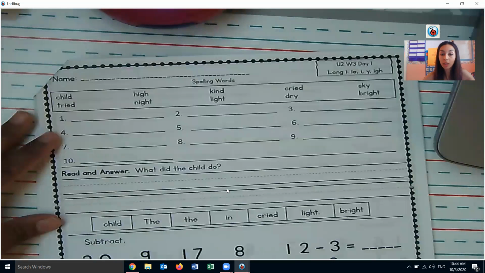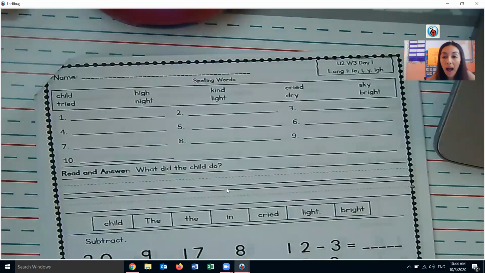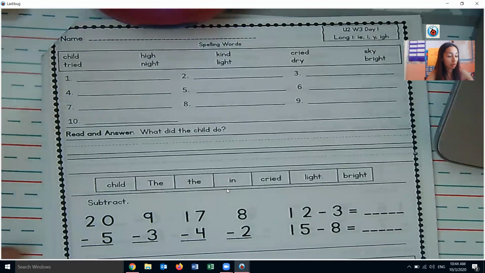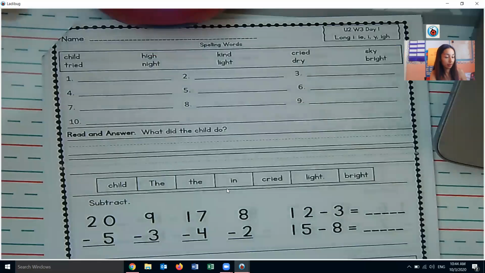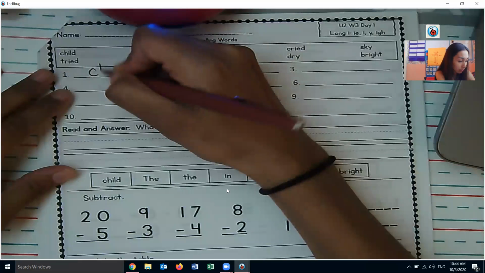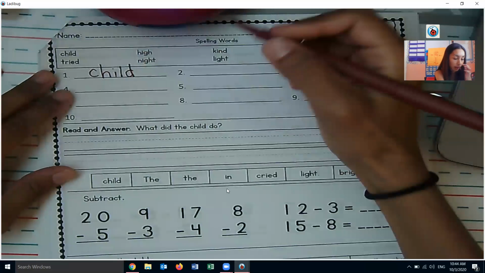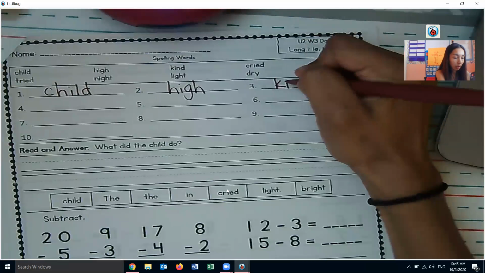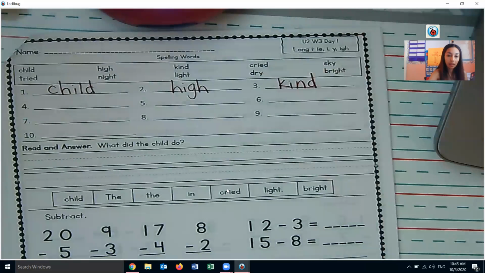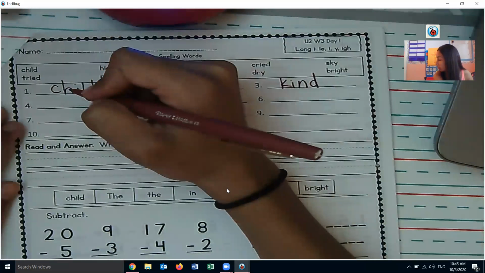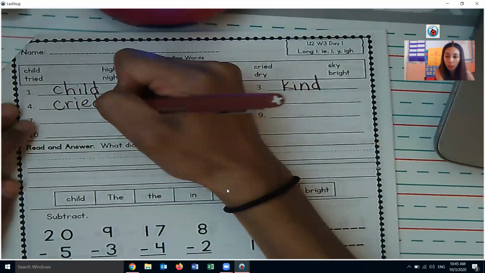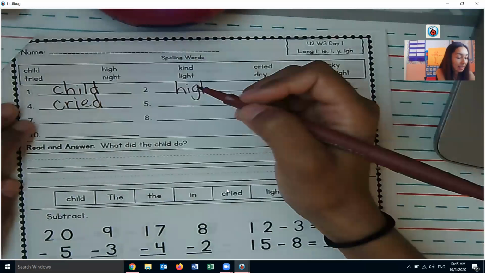All of our spelling words this week are long I words. You hear the letter I in each of these words. We have child. We have high, like up high. We have kind, always be kind. We have, can you please go to the living room? We have cried, like the kid cried when he was sad. We have sky,